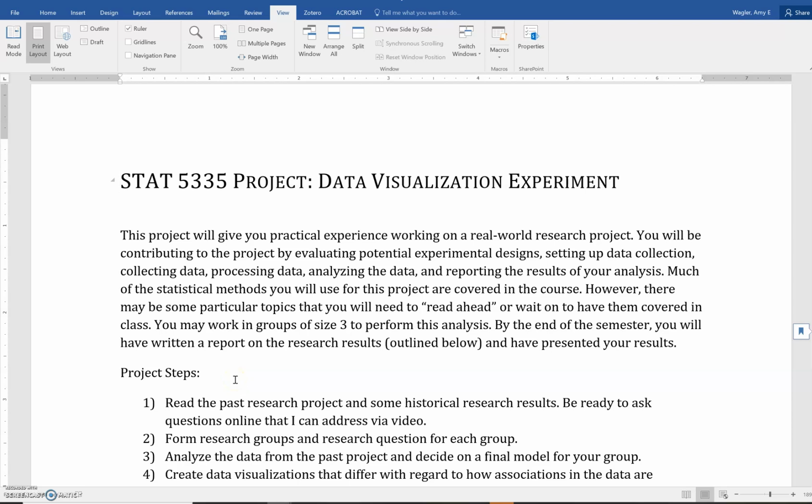All right, so we're finally at the point where we can start introducing the project for the course this semester. I've taught this course two other times, and in those two other sessions we did complete projects. The first time we did not do the data collection, but the analysis was quite involved. There's a drawback to not actually designing the experiment yourself: you don't get that experience, and that's to me an essential component of this course, actually designing the experiment and thinking through the statistical model before you start